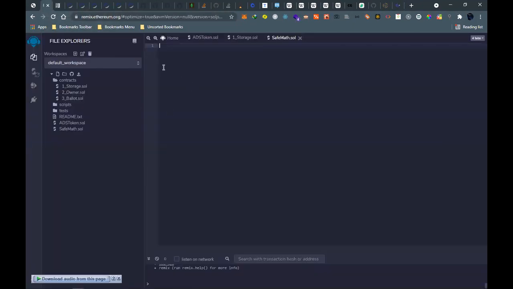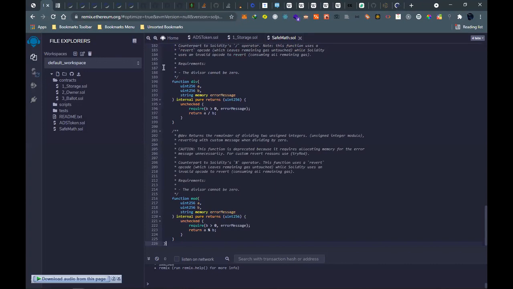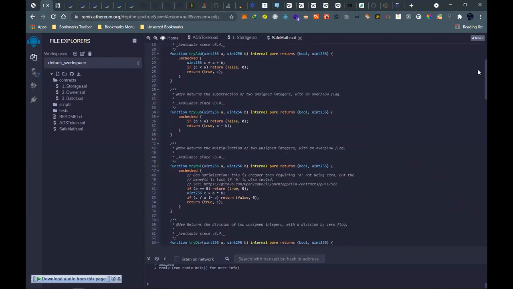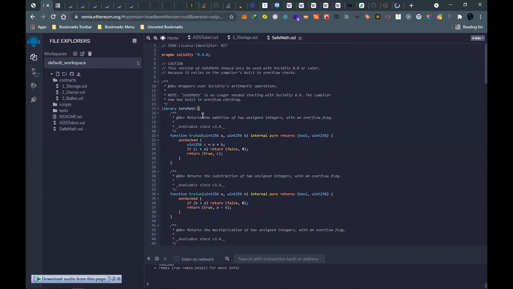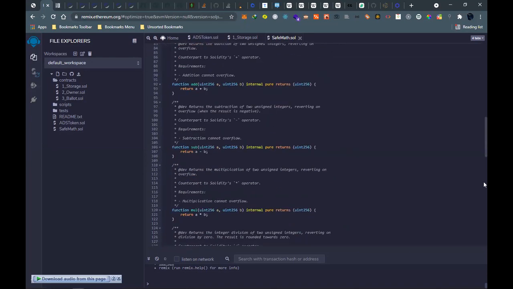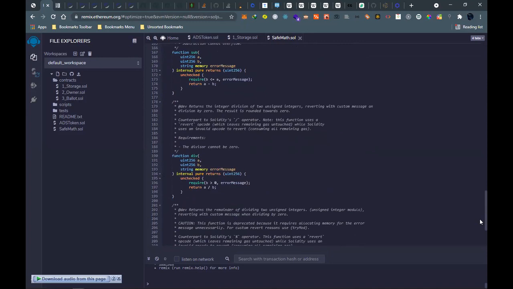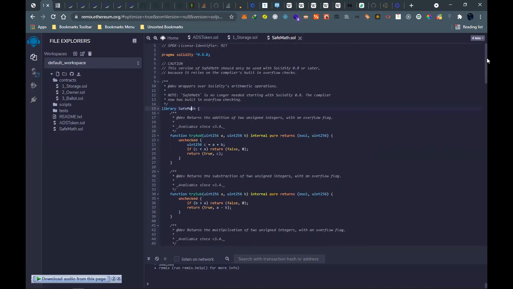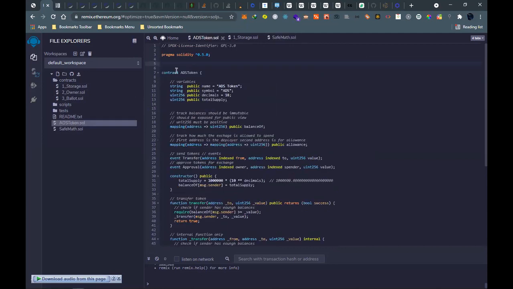So we'll just paste this one. This one you don't need to memorize or cram, it's already done for you, and you just need to copy it or import it as a package from OpenZeppelin. I'll show you that in the next class, which we will be starting tomorrow.